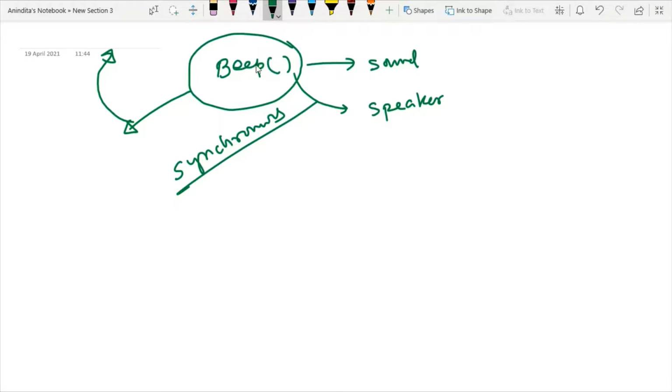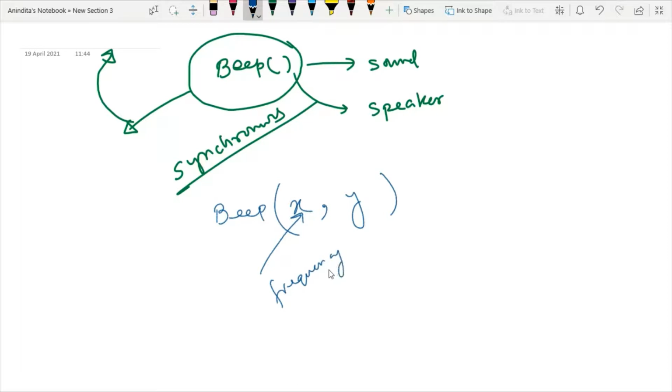Now we have to understand the parameters of this Beep function, because it deals with two parameters, x and y, where x is the frequency of the sound. So we can set the sound frequency using this variable x, which is passed as the first argument in the Beep function.